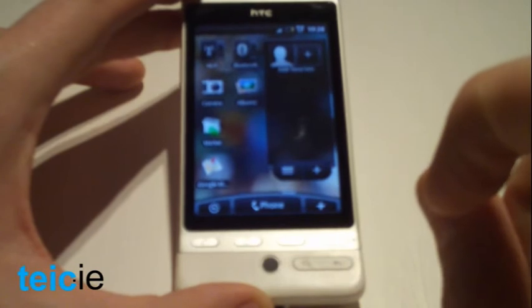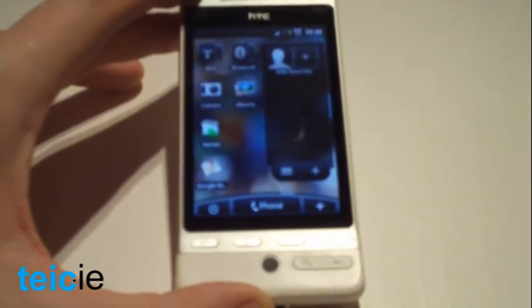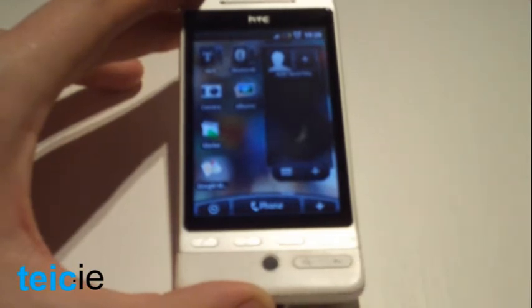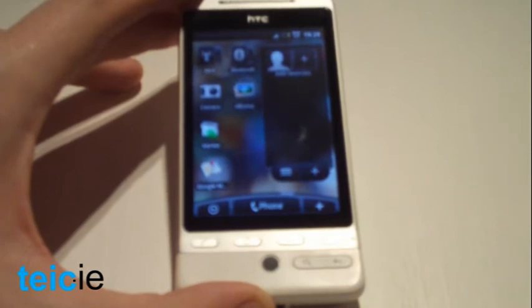But another thing that really annoyed me was when you leave the Bluetooth switched on, and say you have the phone paired with a headset, when you're out of range and no longer connected to the headset, it will keep coming up on the screen, Bluetooth headset disconnected, and it comes up and disappears and comes up and disappears. It just keeps coming on, and the only way you can get rid of that is switching the